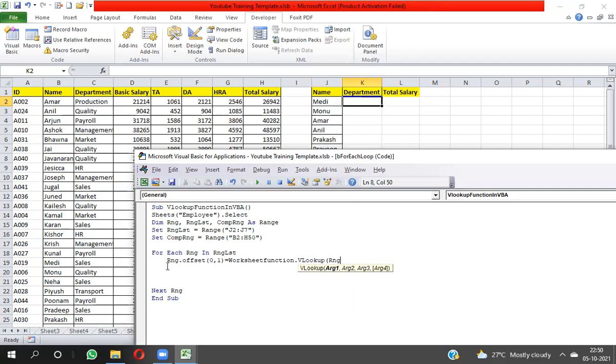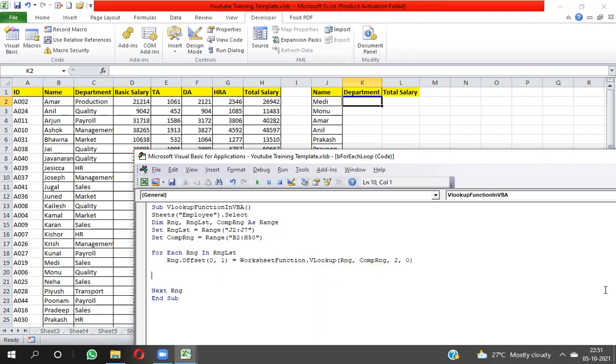Then the lookup range is this range, which I have stored in Comp RNG, so you need to pass Comp RNG here. The column number I have to take is second, because from name I have to take department. So I have taken 2, comma, 0, bracket close.